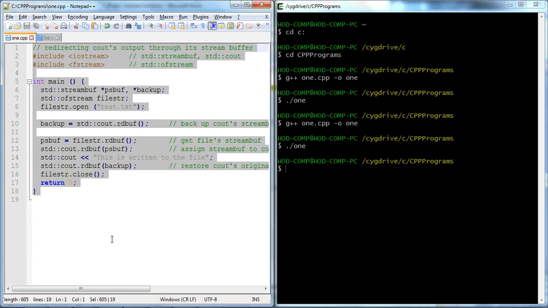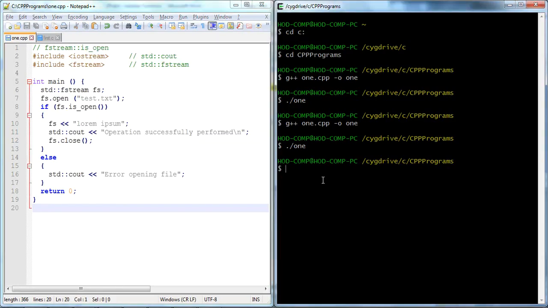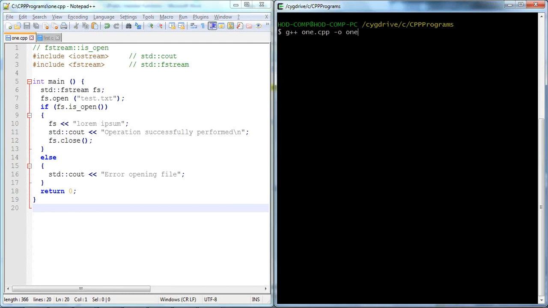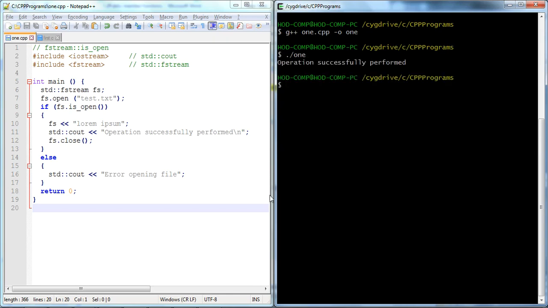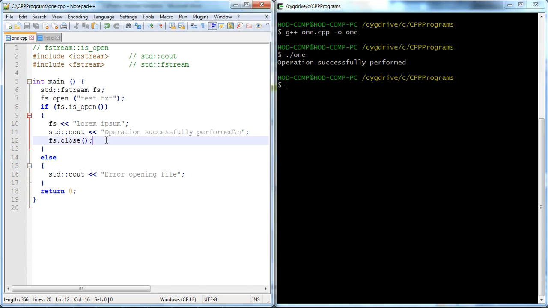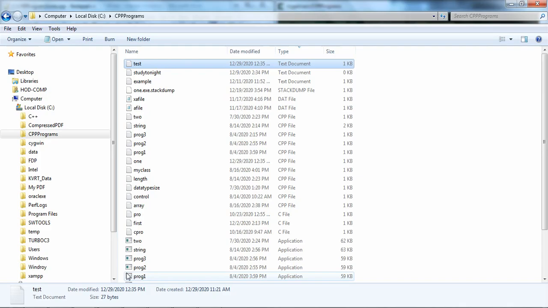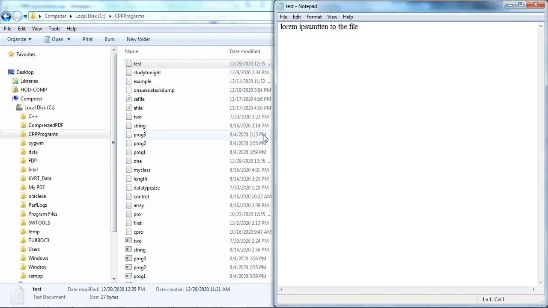In this code we will see how exactly the file is opened. The test file is already available in a particular location. Operation successfully performed. Why? Because we created a file, or the file is already available on the drive. This is the test file, and it contains some content.